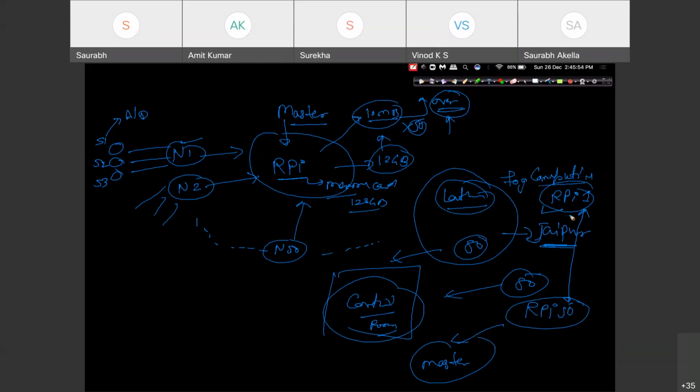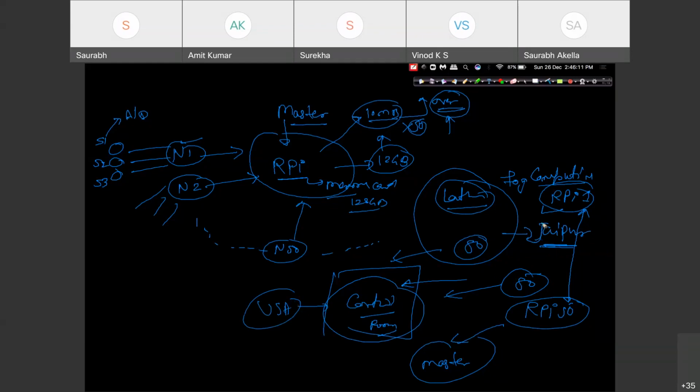Now you are sending information among each other, right? Now you are sending the combined information to a particular location. Maybe suppose USA, a location in California, right?